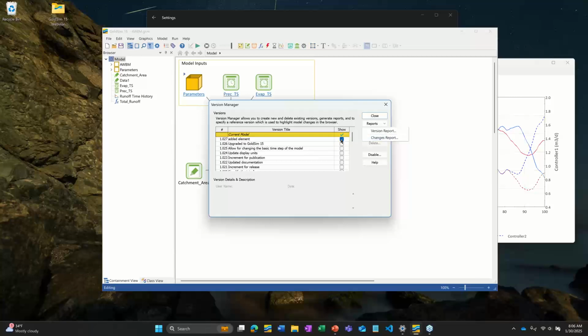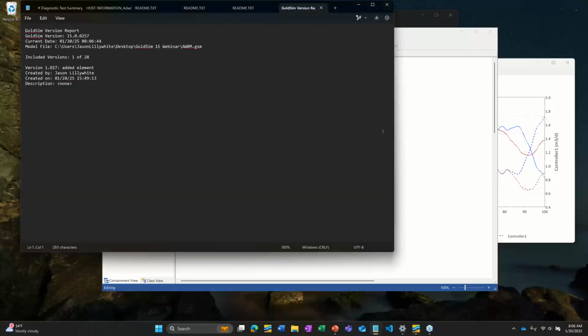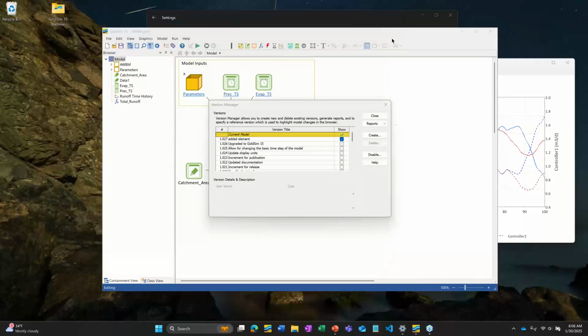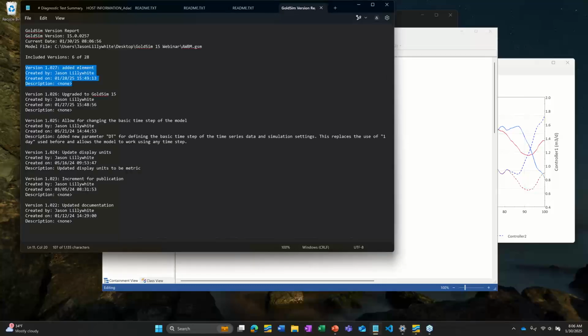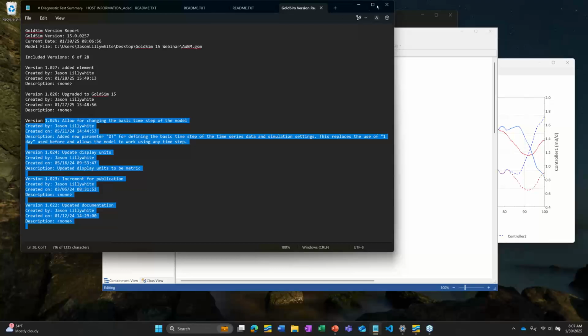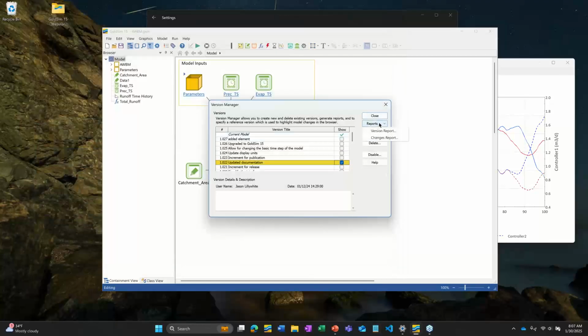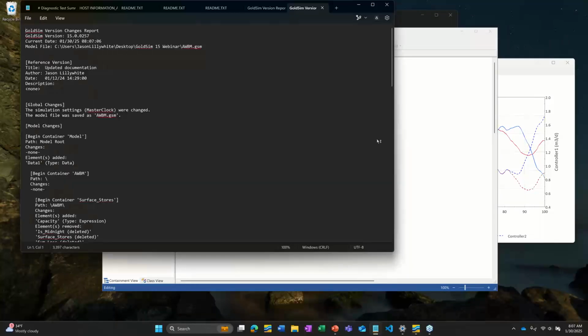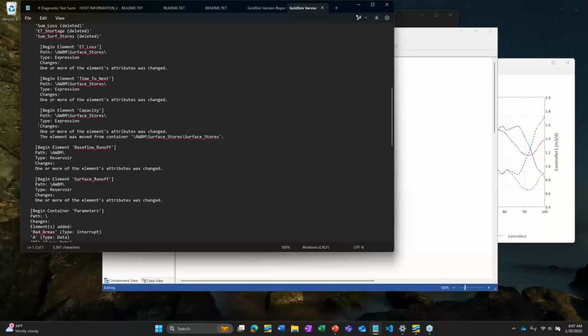And it also depends on which of these versions you have checked. So if you're only looking at this current version, then the version report would only, if I click on this, you can see it only reports on the current version. But if I were to instead skip down to here and check this one, then if I click on version report, you'll see that it shows the summary of all of the versions up until that point that I've checked the box. And then if you go to changes report, it drills into each of these different versions and tells you,